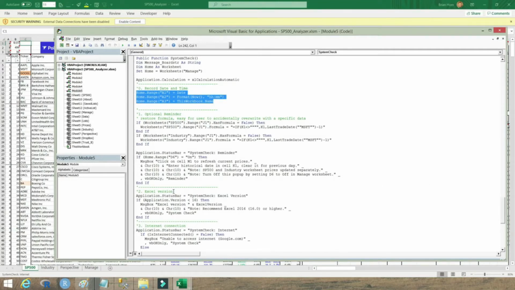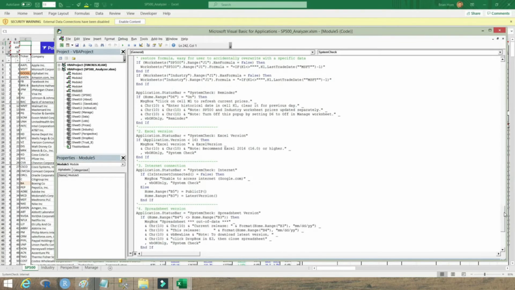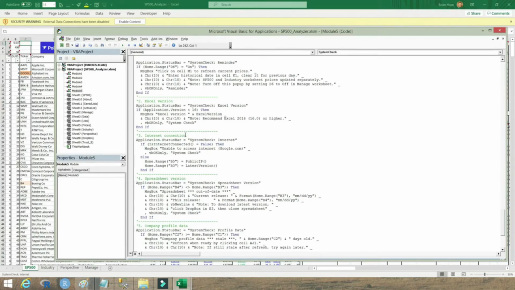Next, it checks the Excel version that the user is using to make sure it's compatible with the application. Next step is it goes out to the internet to make sure there is an internet connection. If there is an internet connection, the public IP address of the system running this application is logged in the